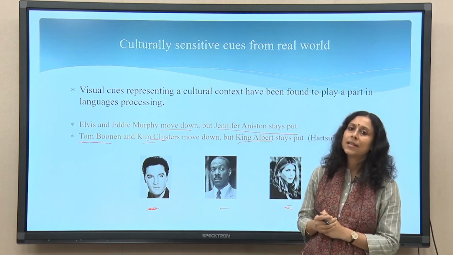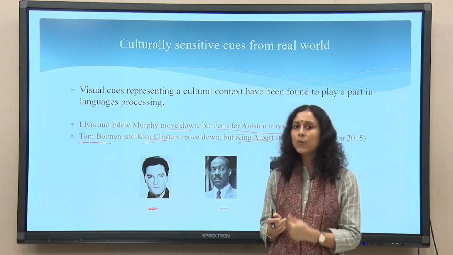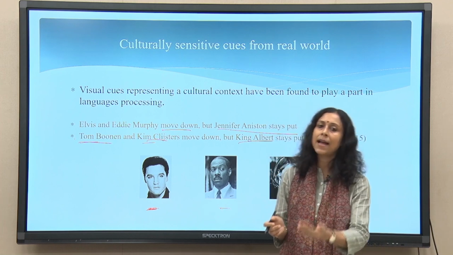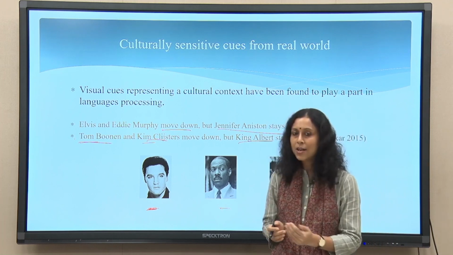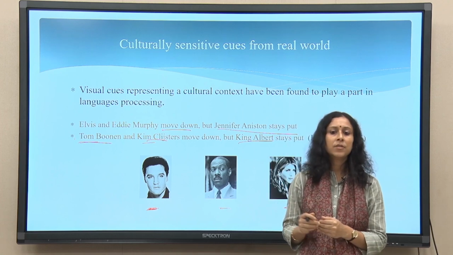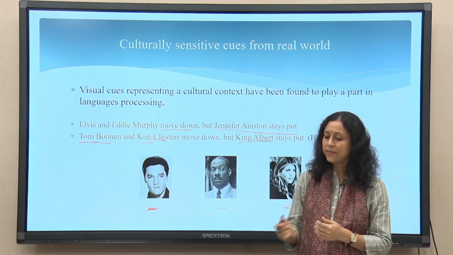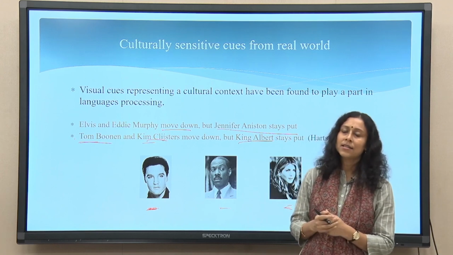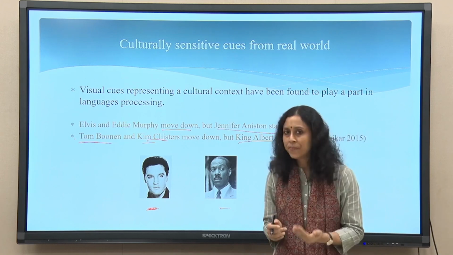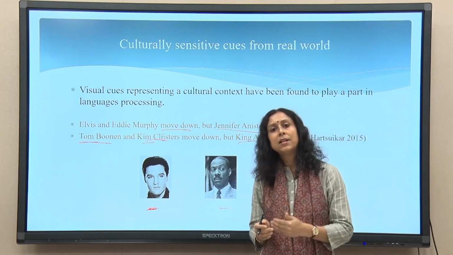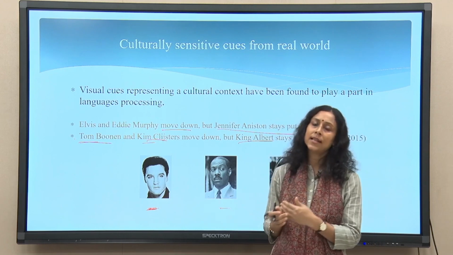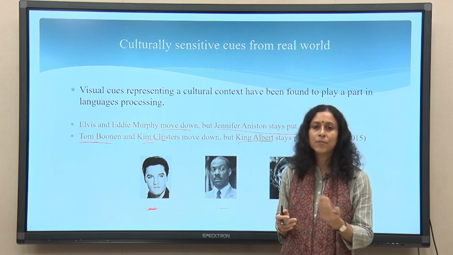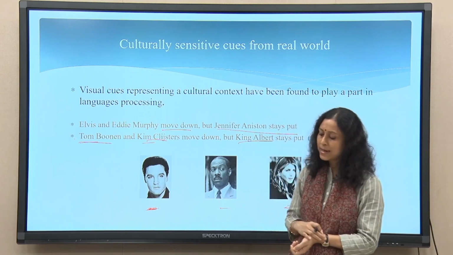The manipulation here was the combination of the language in which they had to describe and the kind of pictures they had. In some cases they looked at these pictures of Elvis Presley and Jennifer Aniston and so on, and they had to describe it in English. In another situation, they had to describe it in Dutch. In another case, similarly, they look at all these displays and describe it in both English and Dutch. What happens is that